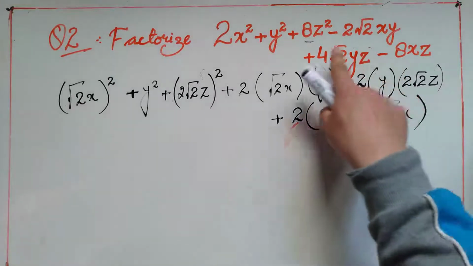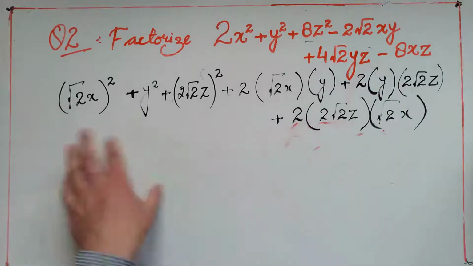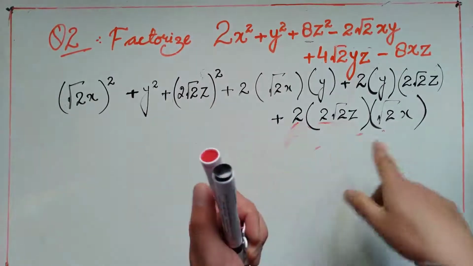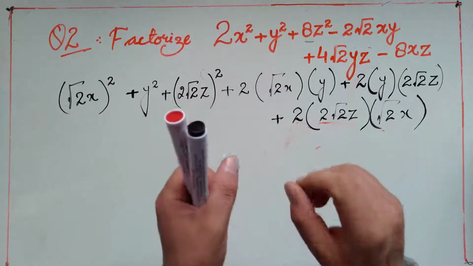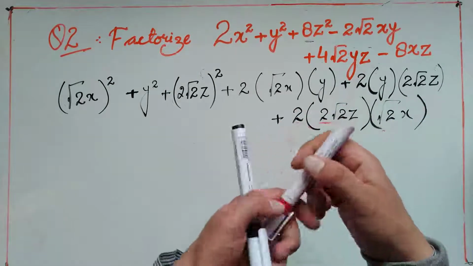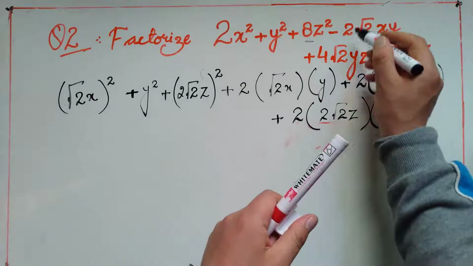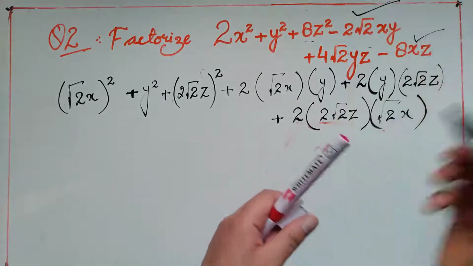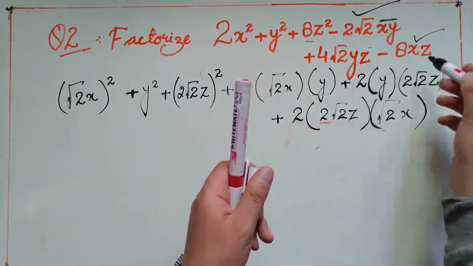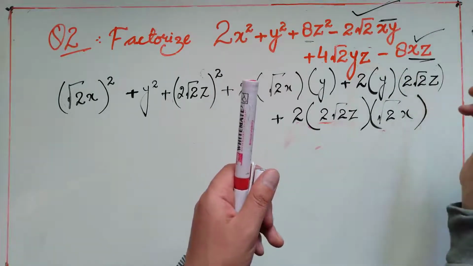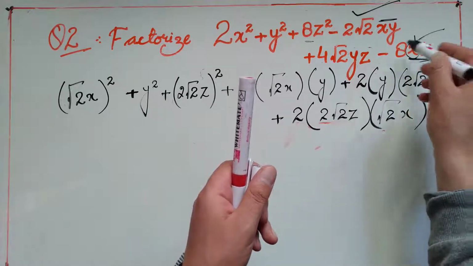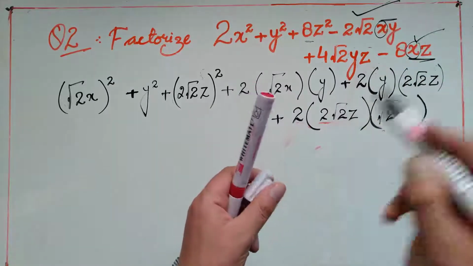If there are two negatives, that means one of our terms, either a, b or c, was negative. To find out who was negative, you will find that variable which is common in both the negative terms. So let's see which are the negative terms. This is a negative term and this is a negative term. Now look at its variables. It has two variables, x and y. It has two variables, x and z. So x is a common variable in both the negative terms. x is here and x is also here.